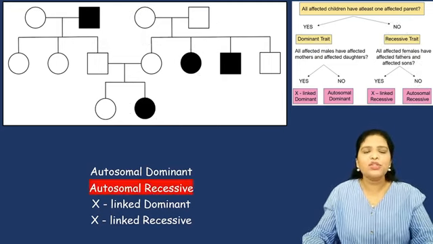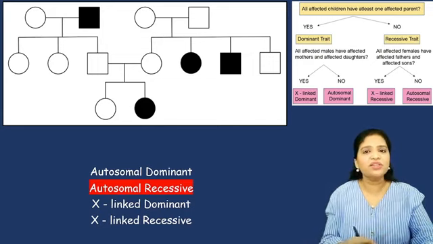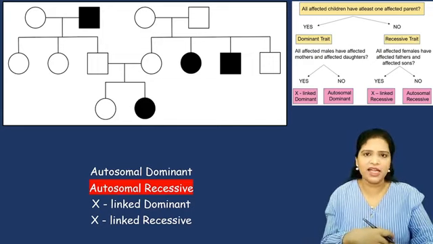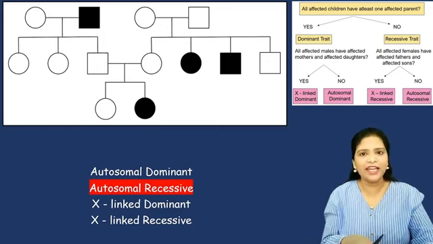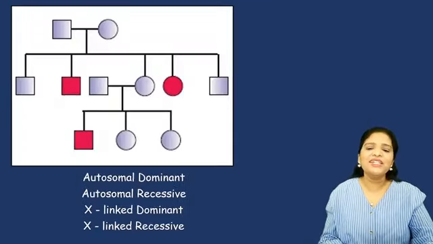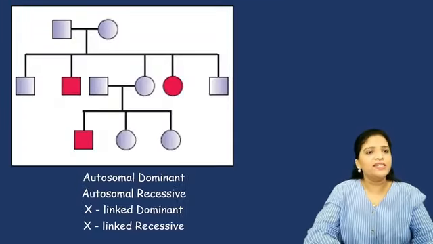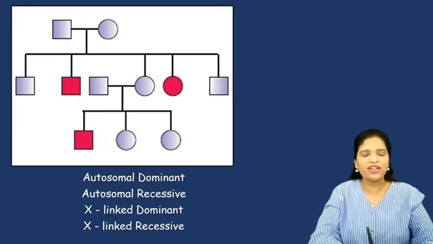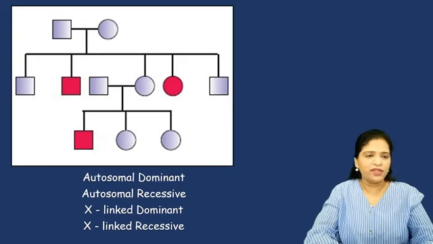Understand? So you have to look at every generation and all the affected persons. If something is not given, then you have to take it as a negative. That means that it is not present. Accordingly, you have to write this. Okay. Now, let us see another example. This is again given in the NCERT book. So look at this picture and find out the type of inheritance.